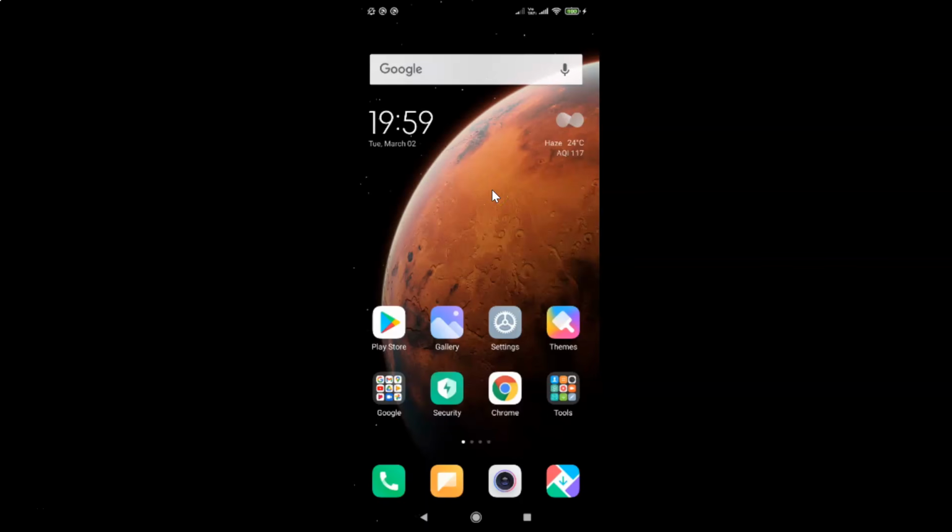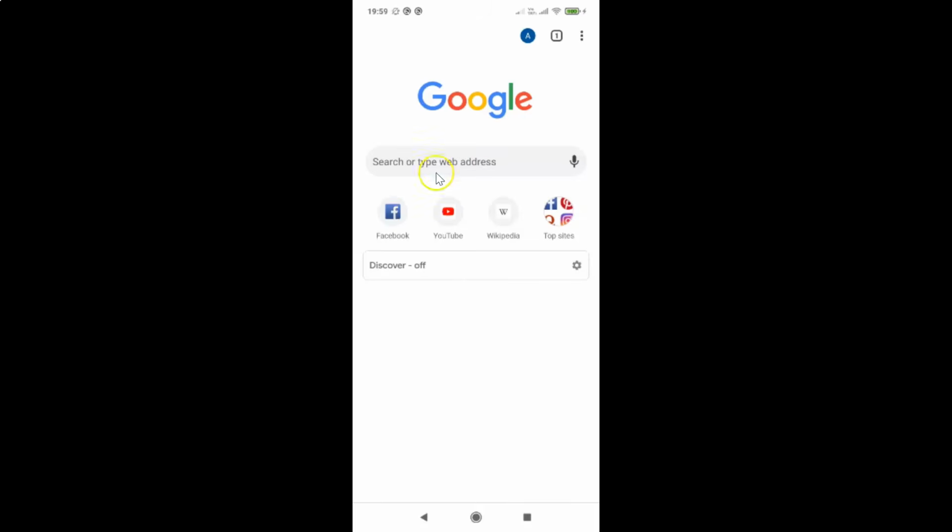So first of all, you have to open your Google Chrome app. So here is my Google Chrome app. Let me tap on this to open it. You can see guys it's opened, and after that you have to tap on these three dots at the top right,